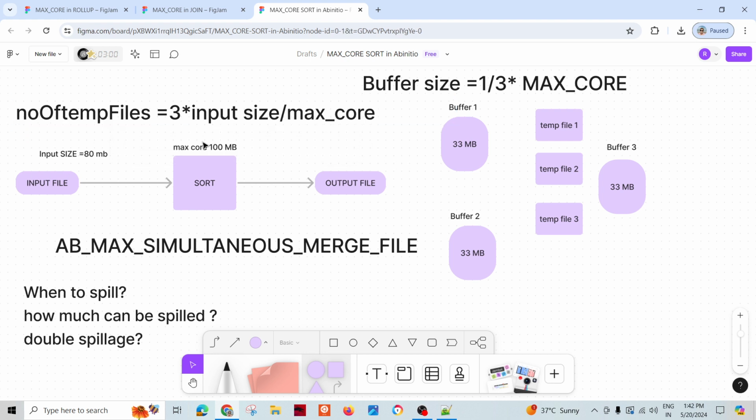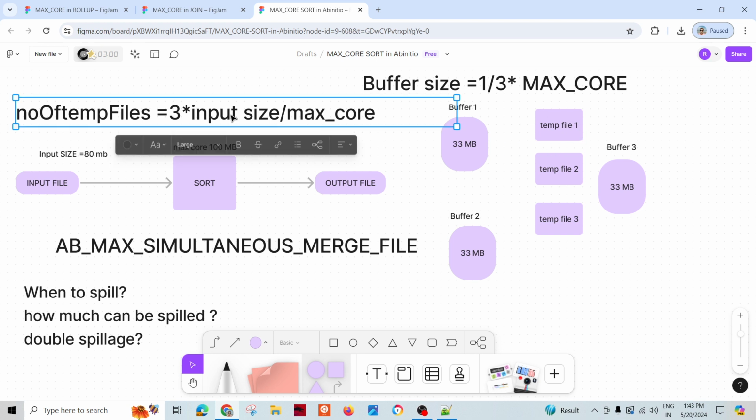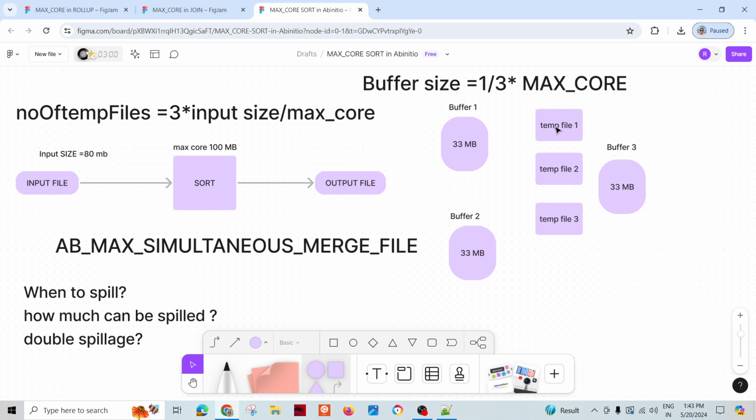So the number of temp files is 3 into input size divided by max score. When the input data is large relative to the max score, the number of temporary files getting created is going to be very huge. Small files will be created, right? In that case, the max simultaneous merge files setting, which is the number of files that can be merged simultaneously, if this is also low,